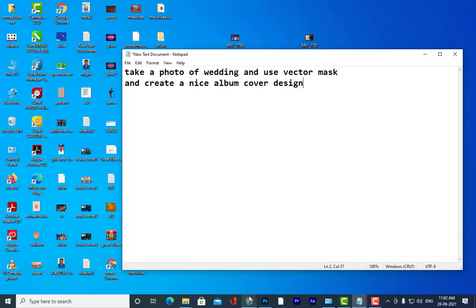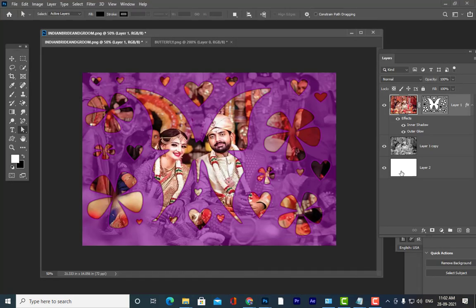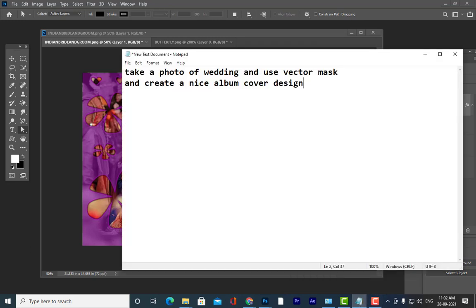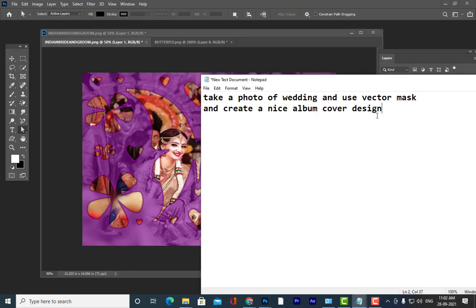Something of this kind. You have to try to use different photographs and different shapes, and also create shapes with the pen tool.